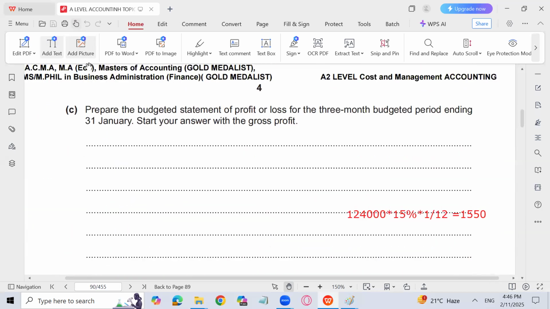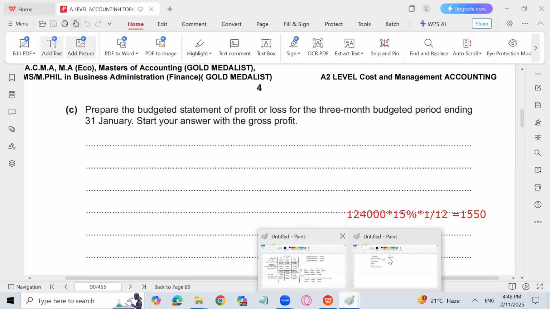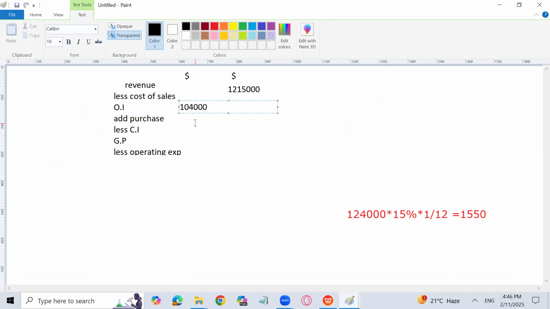Let me check it out. Prepare the budget statement for the 3 months period ending 30 June. Start your answer with the gross profit. It is starting with the gross profit, that's why. Okay. So I will go with the less cost of sales directly, whatever has been calculated for November, December,